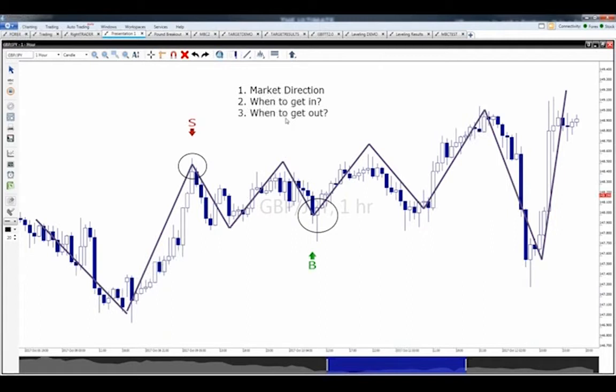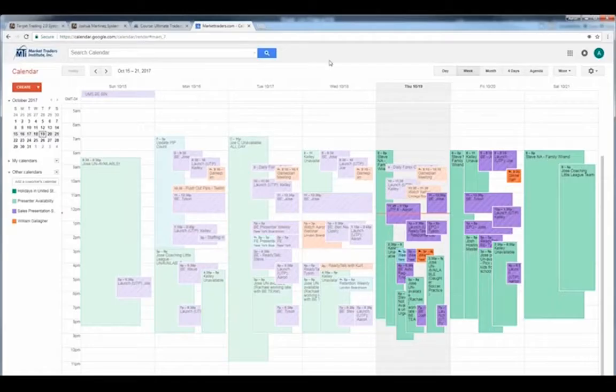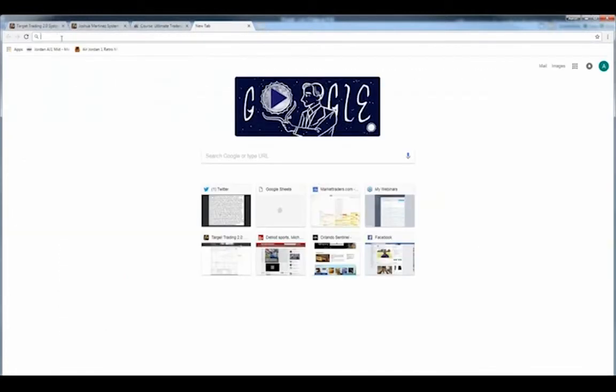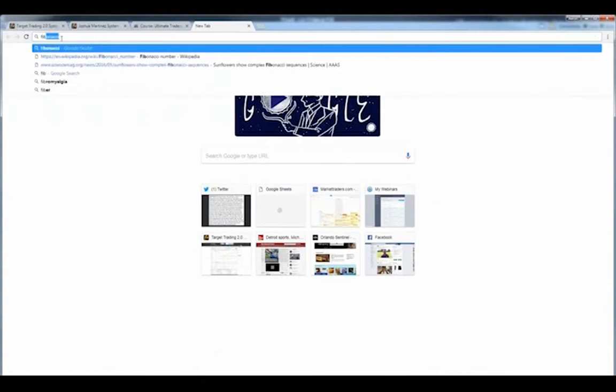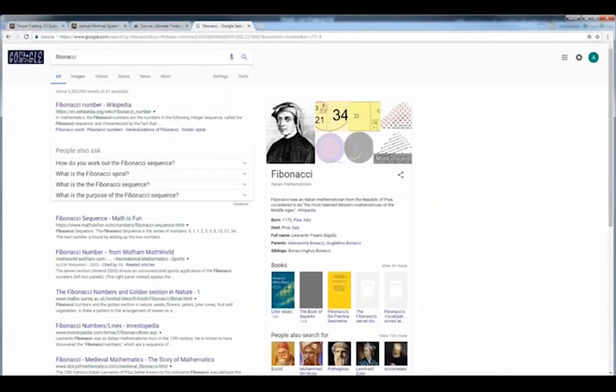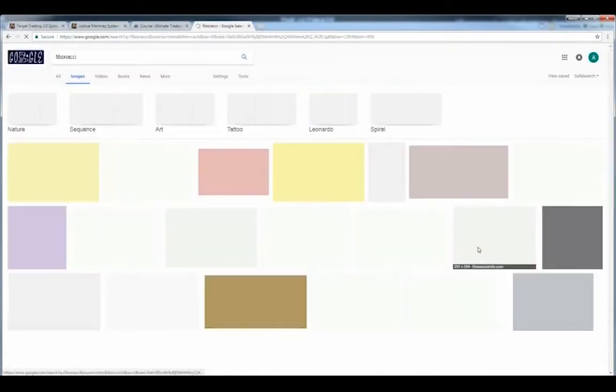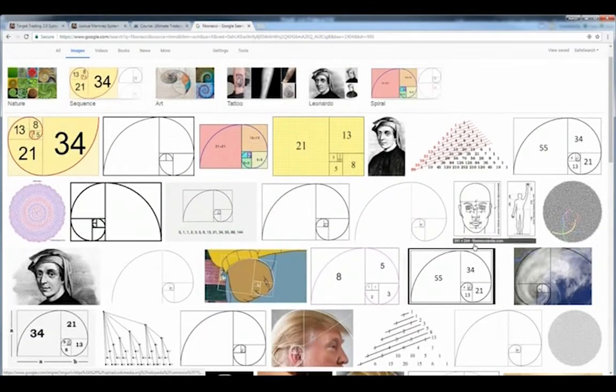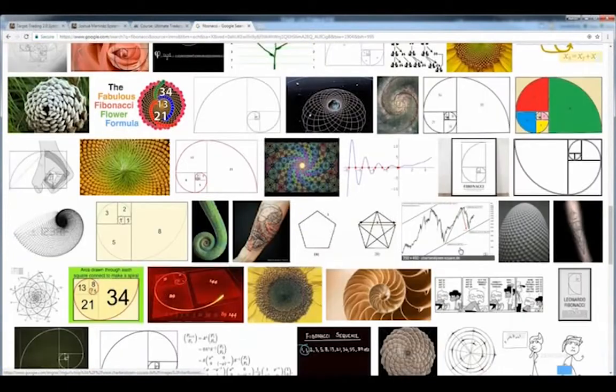One of the things that we are considered to be the best at in the industry, for those of you that are new to it, are what are called Fibonacci's. Now, I know some of you know what Fibonacci's are, but for my new people, just quickly, when I'm done, Google this. Don't do it right now because I don't want you to go down a wormhole, because if you start looking into it, you will get into a wormhole because it's fascinating when you start reading about it.